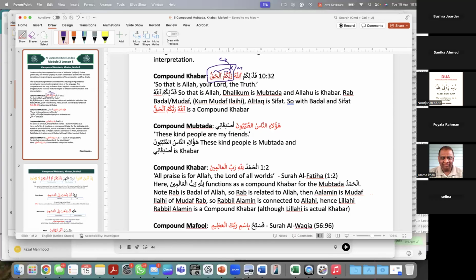Badal Sifat, there was a problem. We have done that chapter nicely. Go back again. Okay? And today we are studying Haal and Sifat. We have just done that. Now compound Mubtada, inshallah. So khabar first, we have established what compound or khabar looks like, how they function. Shall I move now? Inshallah. Okay, now next is